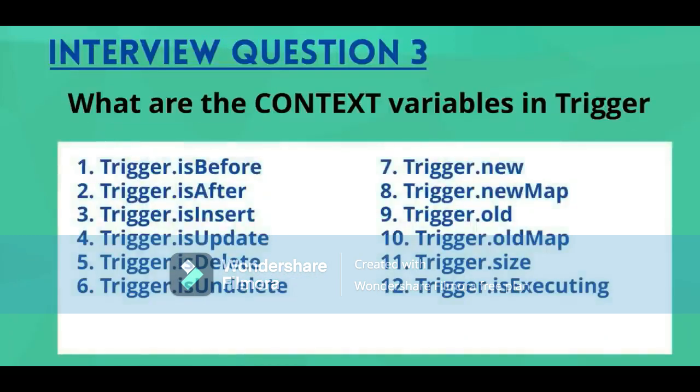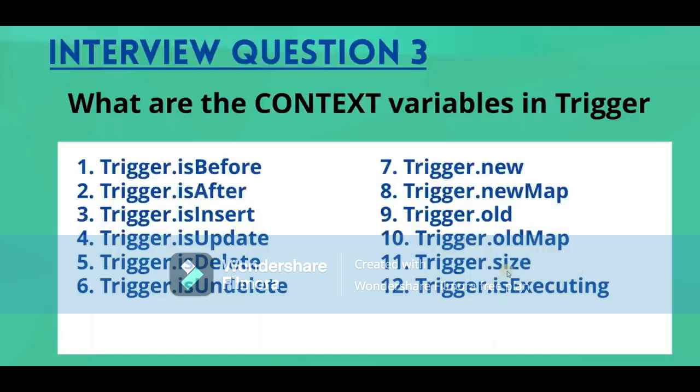Entry question number 3. What are the context variables in trigger? While we are writing the code, we have seen these context variables. There are a total of 12 context variables, which are Trigger.isBefore, Trigger.isAfter, Trigger.isInsert, Trigger.isUpdate, Trigger.isDelete, Trigger.isUndelete, Trigger.newMap, Trigger.new, Trigger.old, Trigger.oldMap. And there are two that we haven't discussed in our